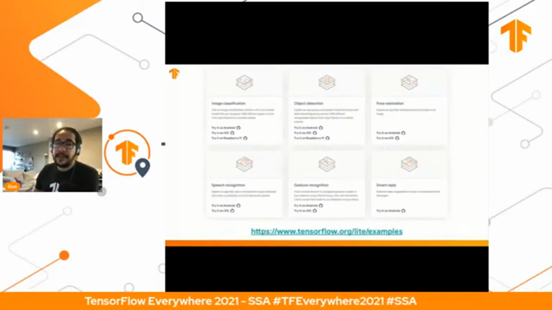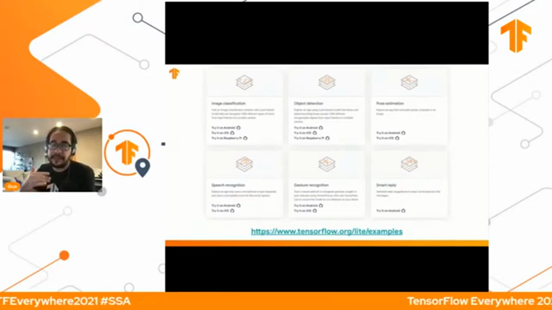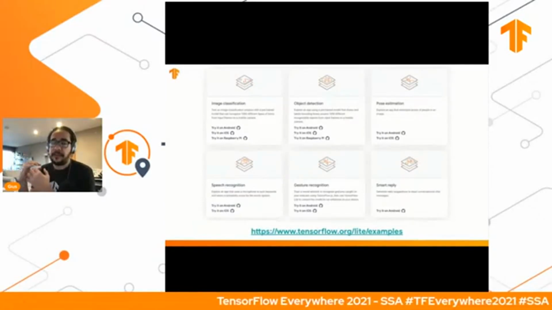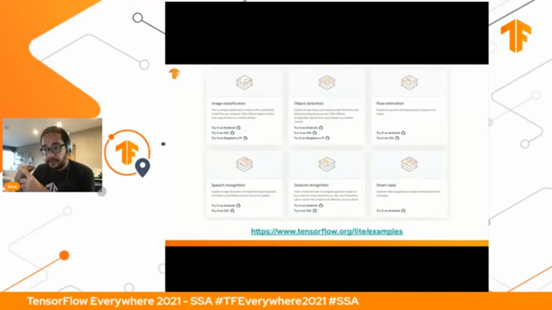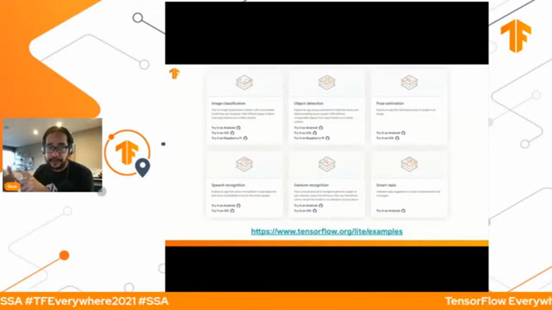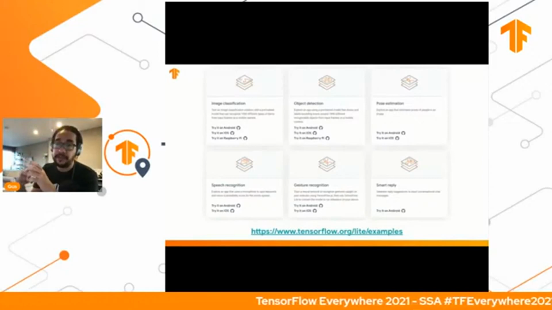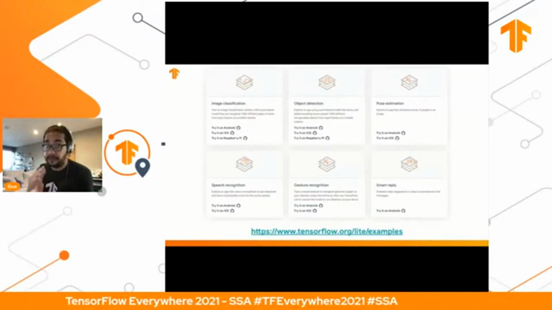And if you need some examples of what's available already, we have this web page here, which is the main examples page for TensorFlow Lite models. For example, there's image classification. There is source code for samples for Android, for iOS, sometimes for Raspberry Pi too. It explains how the source code works, explains how the model works, and it gives you everything so you can learn from there easily, right?